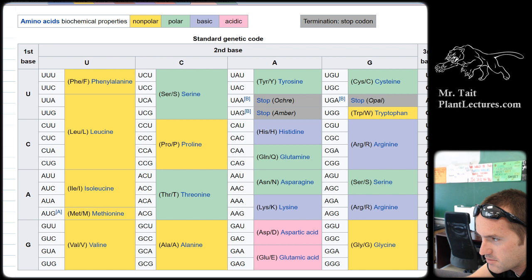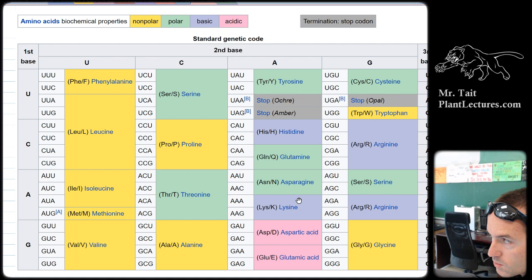We're switching a non-polar amino acid for a polar amino acid. So what is that going to do to a protein? It changes the shape, because we know that the tertiary structure is the result of the hydrophobic-hydrophilic interactions, and we're changing a nonpolar or hydrophobic amino acid into a hydrophilic amino acid, which is going to change the shape. Okay, this is a missense mutation. It is going to change the shape of the tertiary structure. I don't know if you would have to say tertiary structure, but for A, I would say something like